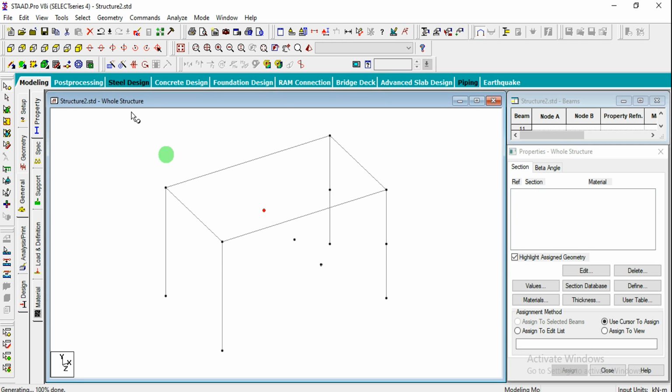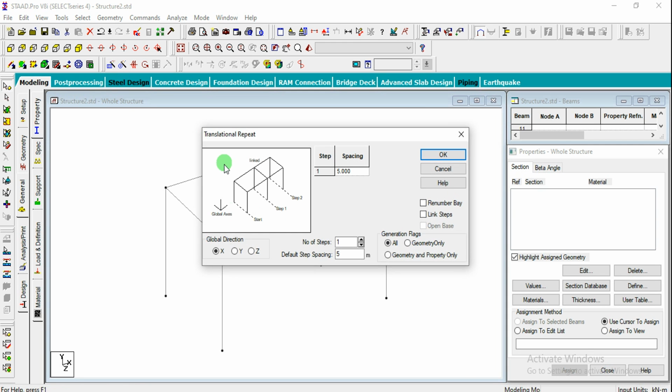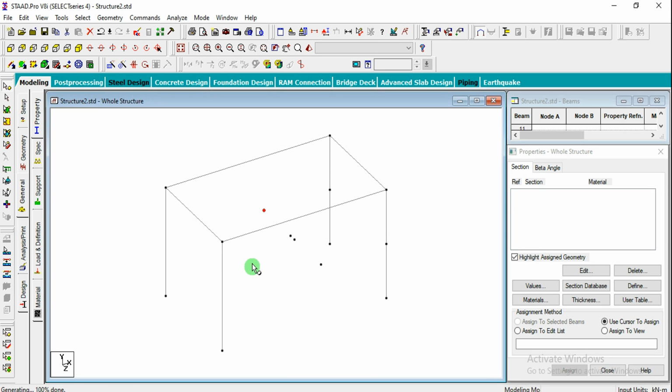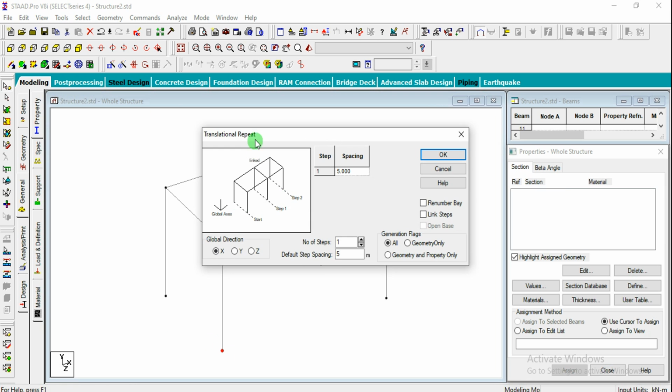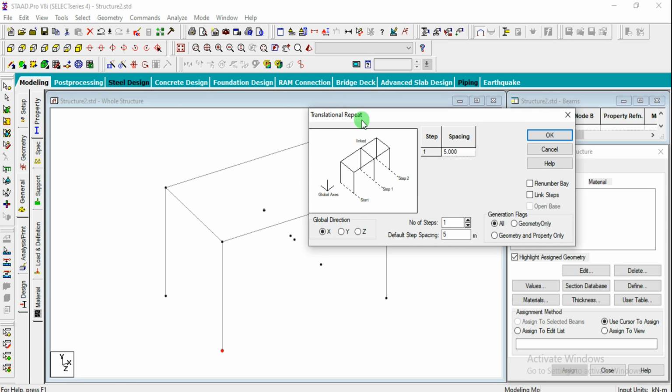Similarly select this node, choose z direction, 1.4 and OK. So we have created some gap over here. In the same way select this bottom node and go to translation repeat. You have to visualize the staircase positioning and how it goes, and according to that you can create the nodes. Select and go for z direction, again -1.4.